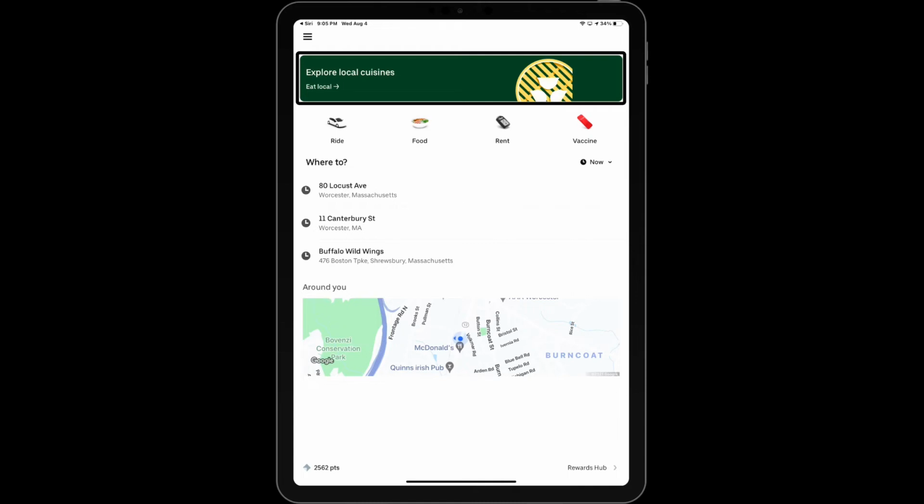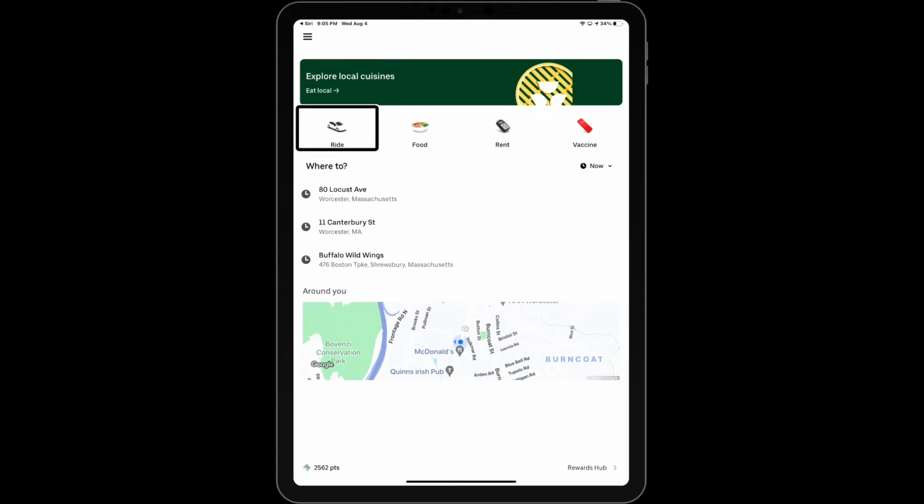All right, now we're going to swipe right. Ride button. We have our ride button that we can select. If I double tap that,